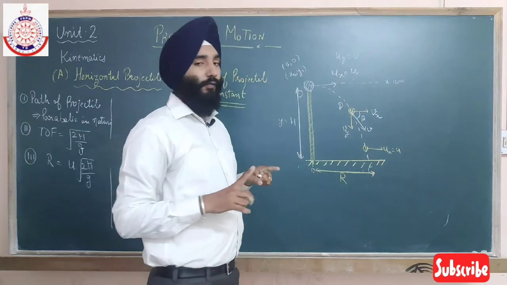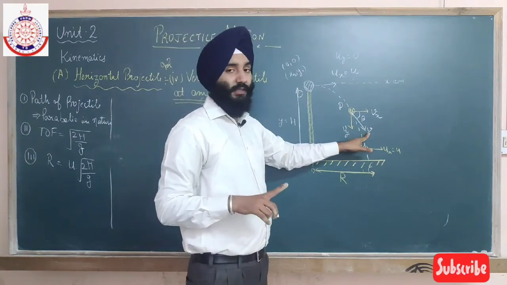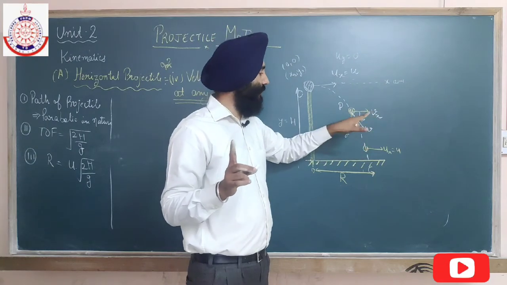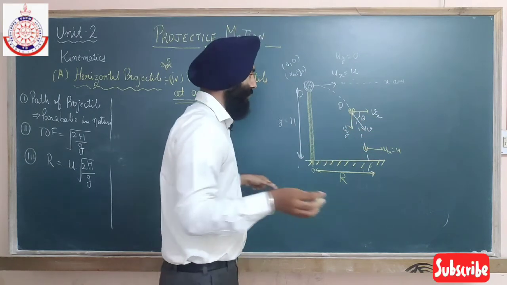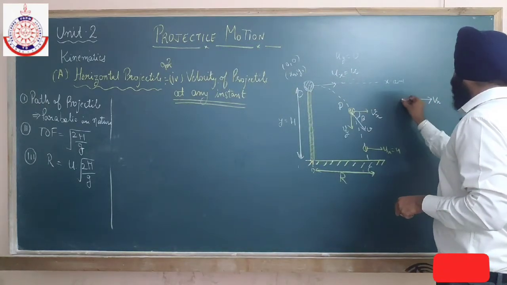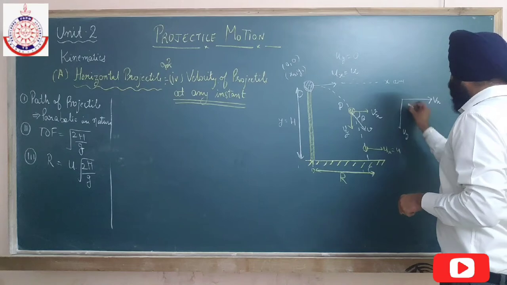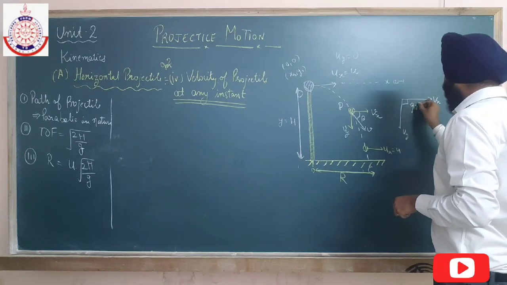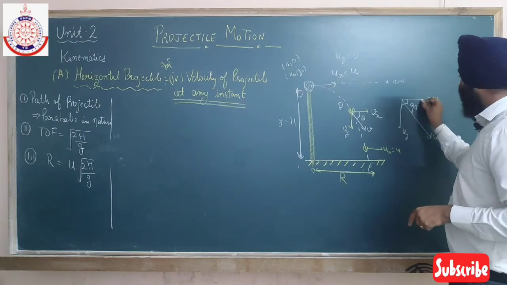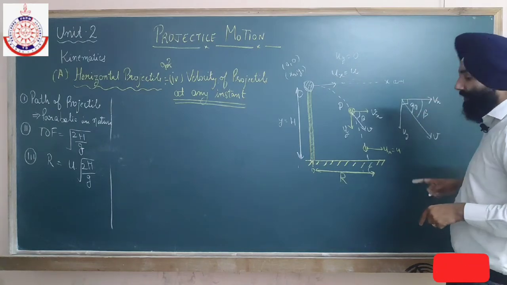Now for the resultant velocity v, it means for instant velocity v, I have to calculate the horizontal component as well as the vertical component. And you know that here I have vx, and in this direction I have vy. The angle between these two vectors is what? 90 degrees. And this is the direction of the resultant velocity, making angle beta. So this is the angle of direction.